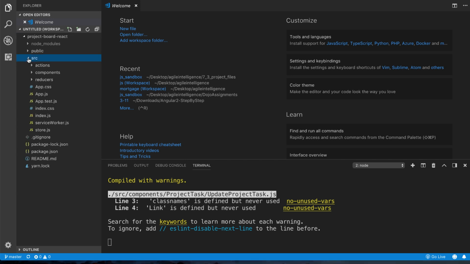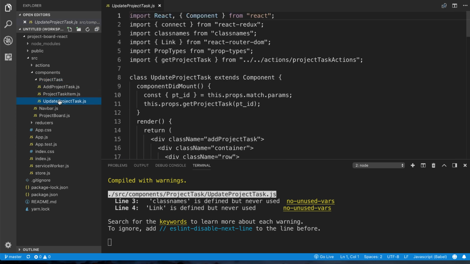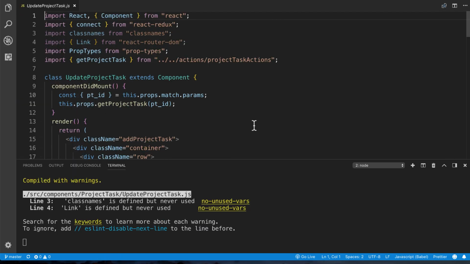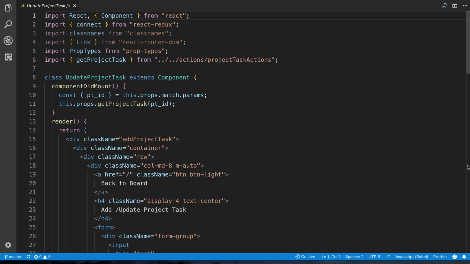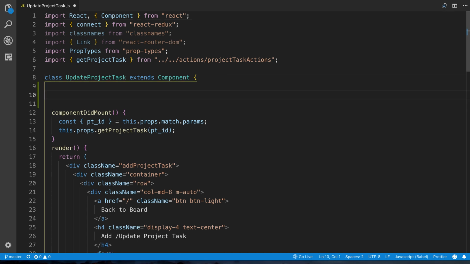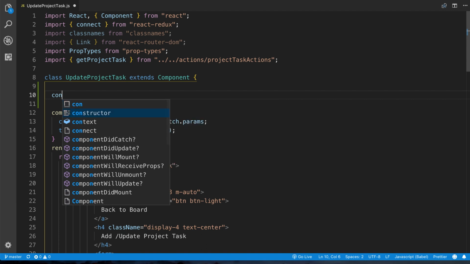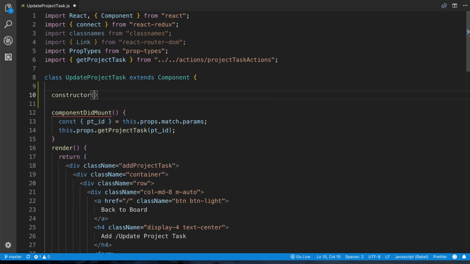So if we go to source, components, project task, and go to the update project task component, make some room here for you guys to see. First thing we want to do is implement a constructor. In this constructor, we're going to set up the initial state of our input fields, right? So I'm going to start by wiring this up. So it's constructor,